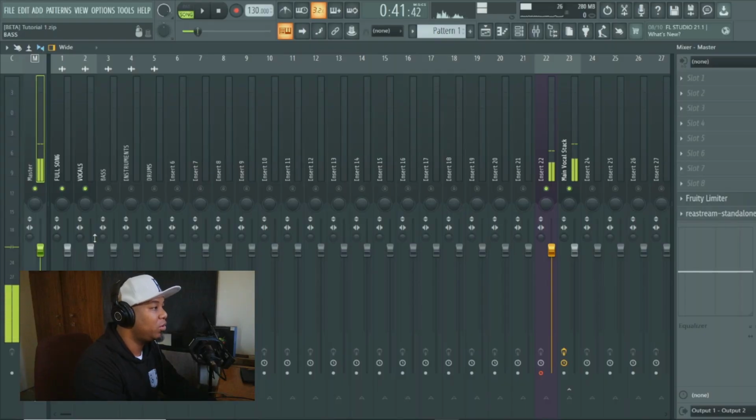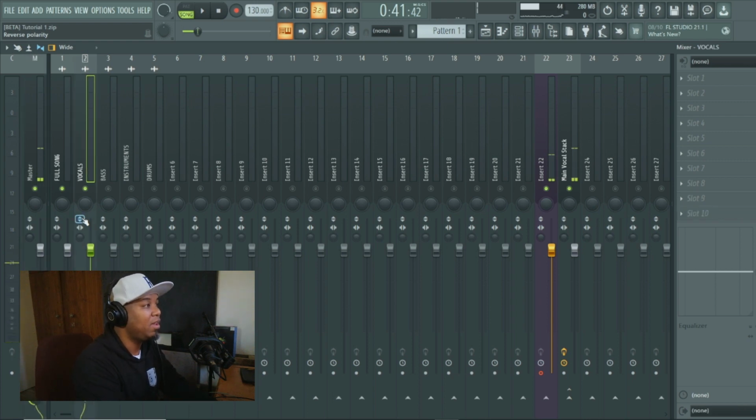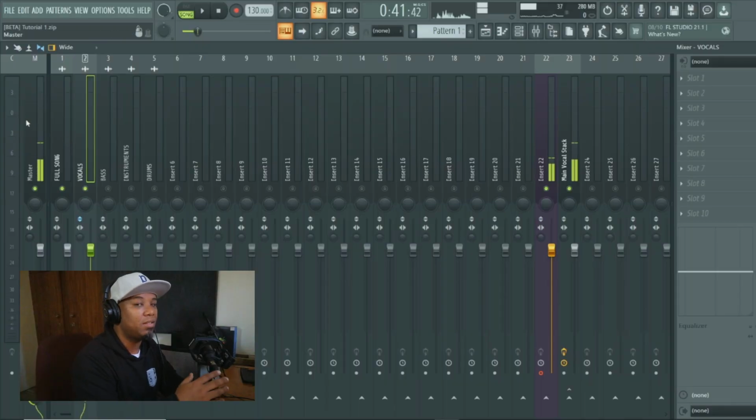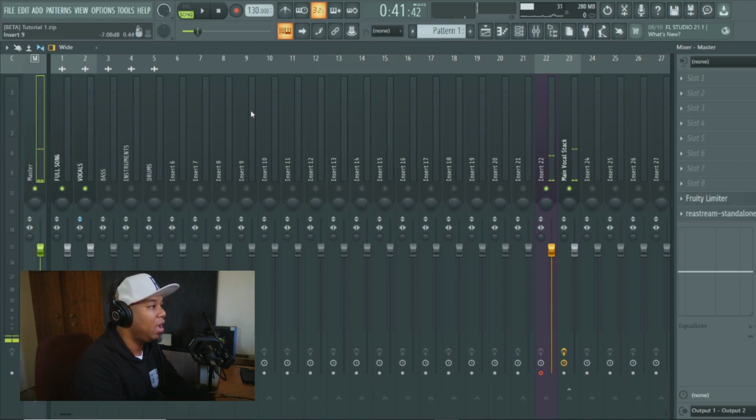And then all you have to do, you come down to this icon here, this button, where it says reverse polarity. So that's all you're going to do. You're just going to click it. By reversing the polarity, you are actually cutting out the signal that is the exact same in the vocal and in the main song, so it cancels each other out. And then once you've clicked it, if you press play,